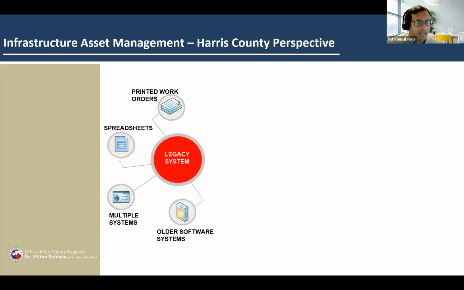So let's talk about our Harris County perspective in terms of infrastructure asset management. The county is using GIS-based asset management software to retire older multiple systems and user interfaces to increase efficiencies through process improvements. As you can see, we have a legacy system. We're using older software systems, multiple websites, spreadsheets, printed work orders, so many things. So our county leadership decided to invest in EM, and managing the infrastructure operations and maintenance efforts